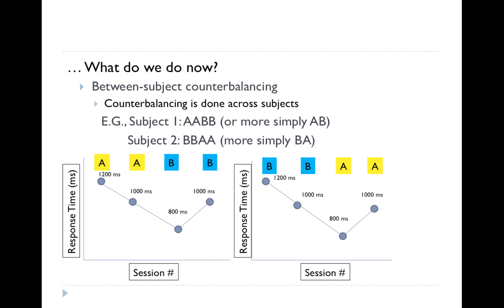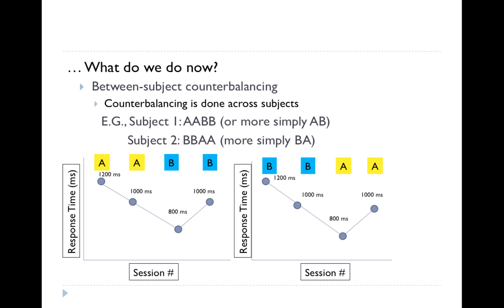So as you can see right here, the question now is, what do we do, since we know that ABBA does not work out and we already know that ABAB didn't work out? So we have to find a different solution to the problem. So if you look right here, there's two examples. Instead of doing complete counterbalancing, you can also do something that is done between subjects rather than within subjects. So the counterbalancing is done across subjects,